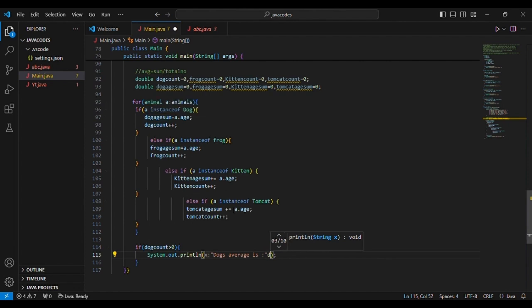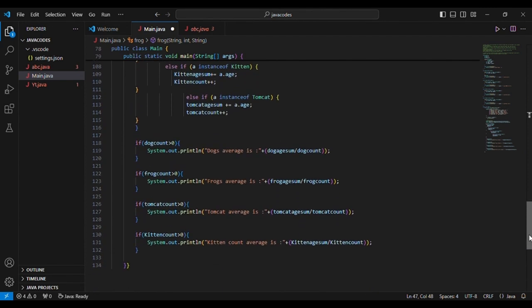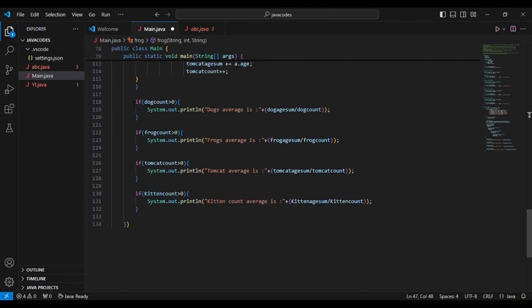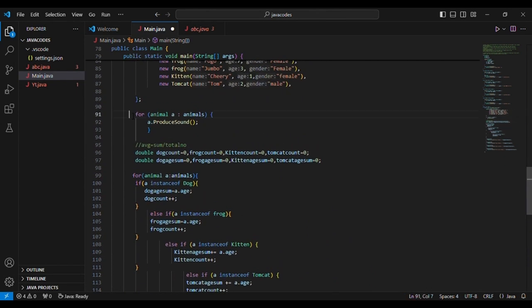Sum of dog divided by count. Okay guys, I have done all these if conditions which will compute the average of all the animals of the subclasses. I have also added the for-each loop